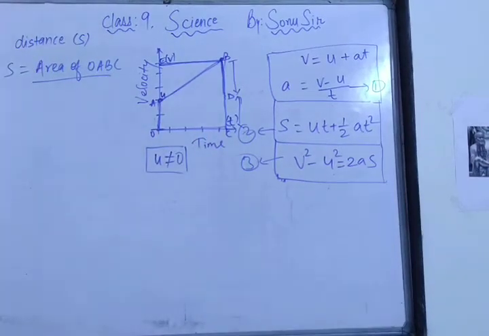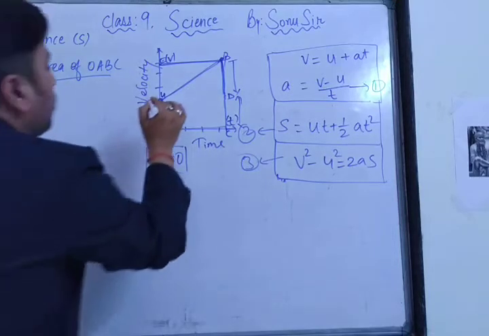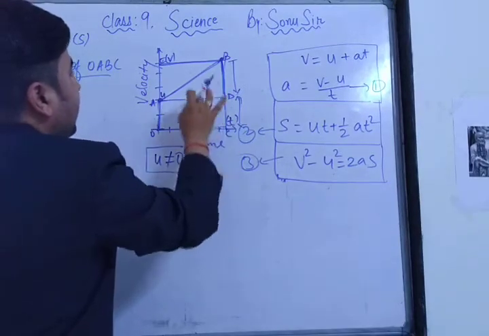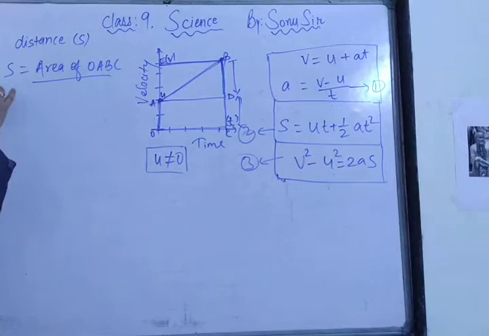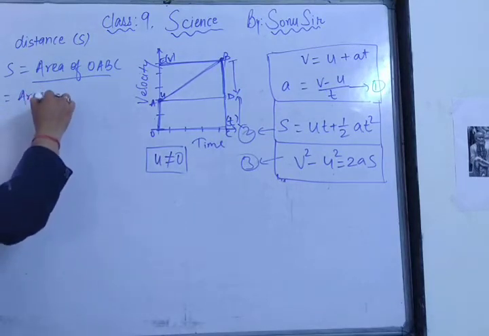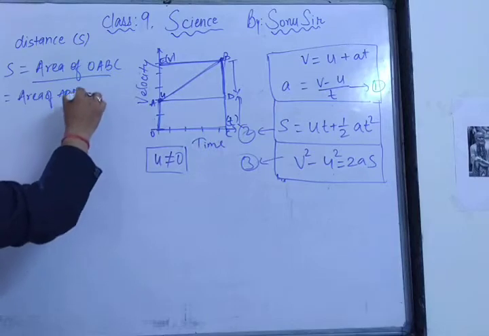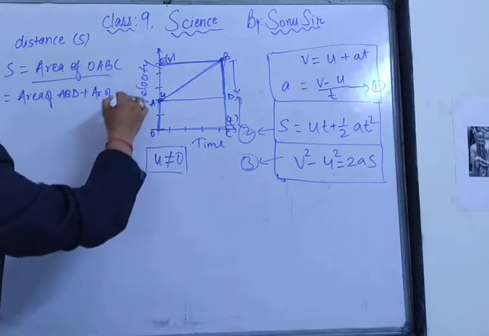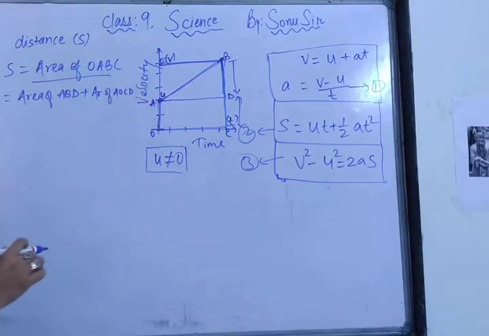Can you tell me what is the area of a trapezium? If you don't know the area of a trapezium, what you have to do is just draw a line. Now you can easily find the area of OACD and the area of ABD. Can I write s is equal to area of triangle ABD plus area of rectangle AOCD? Instead of the trapezium area, can I convert it into a rectangle and a triangle? You can write any name you like.